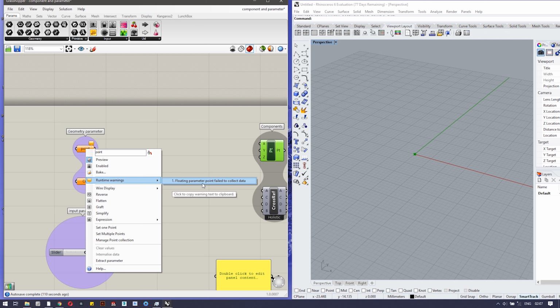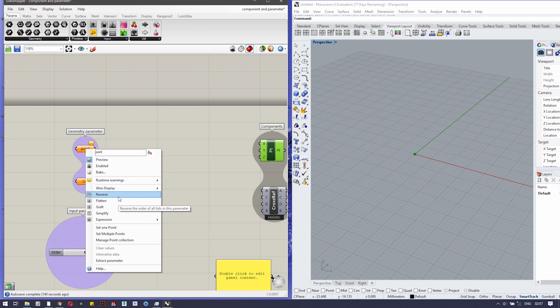It says the floating parameter point failed to collect data because we have not input any value to this. And wire displays presents what kind of wire we want for incoming wire types, the continuous or the hidden or the faint ones. We can decide them.